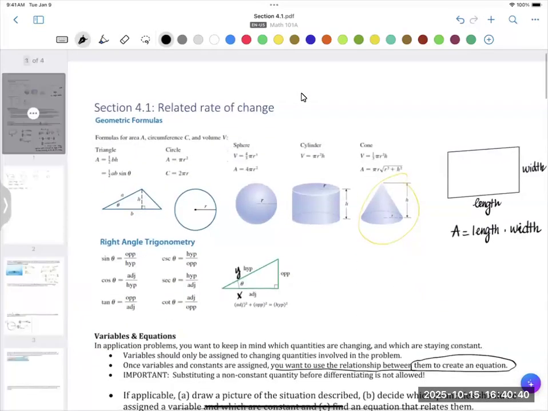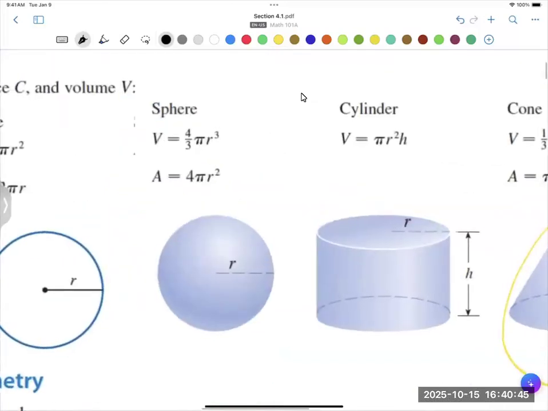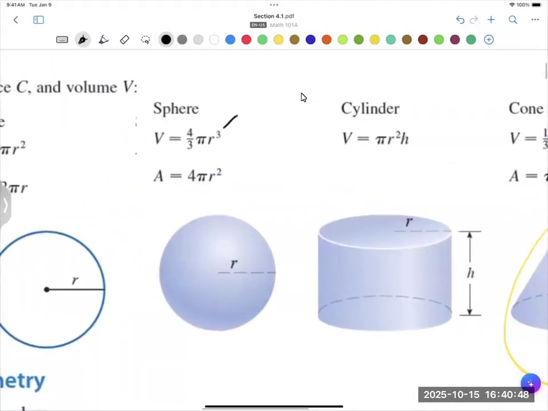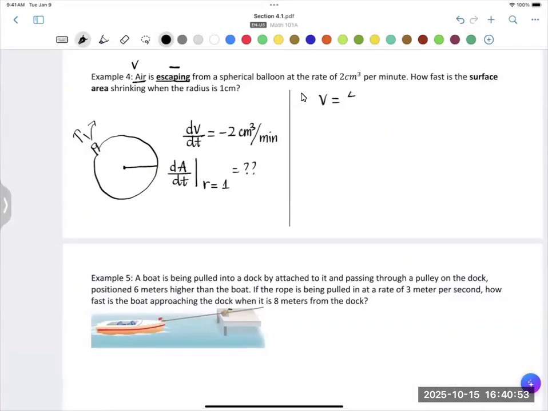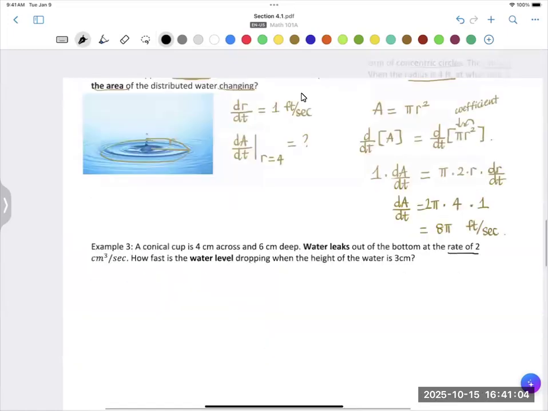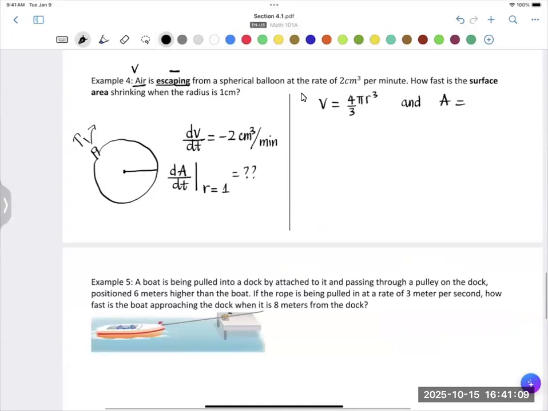The volume V is 4 pi r cube over 3, right? This is the volume V. So we go back to here. Volume is 4 pi r cube over 3. Okay, and then we're also going to write down the area because it's going to relate two things. So the area of the cube is 4 pi r squared. So 4 pi r squared, not the area of the cube, the area of the sphere. And now we're going to have to take the derivative of both of these